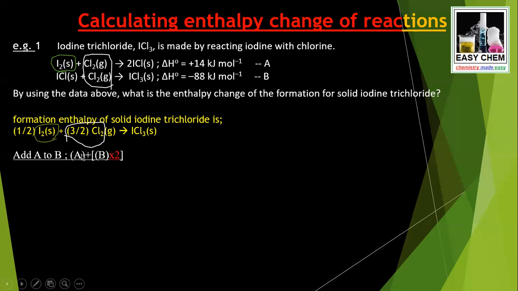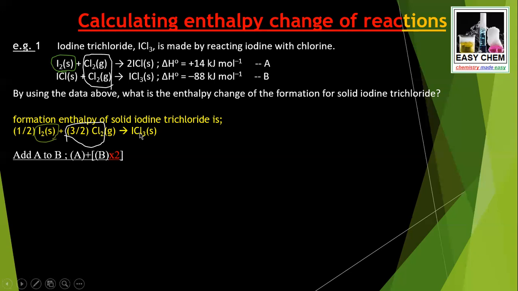So what we do is we add A to B. But there's something else over here. When you multiply A to B, B is multiplied by 2. What's the meaning of it? It's because of this. In this equation, the yellow equation, showing formation of ICl3, we have only I2, Cl2, and